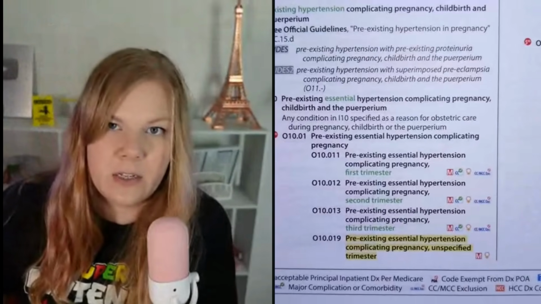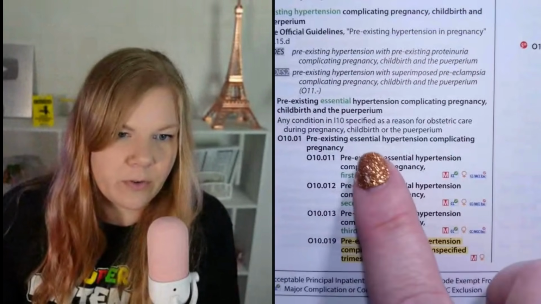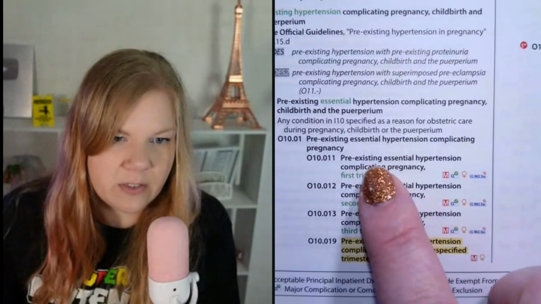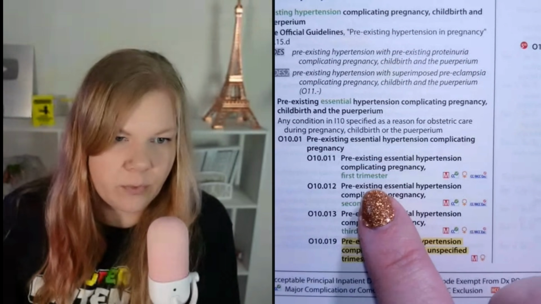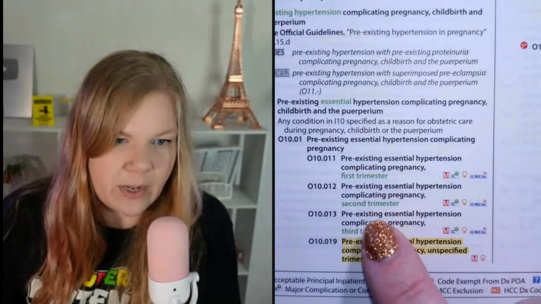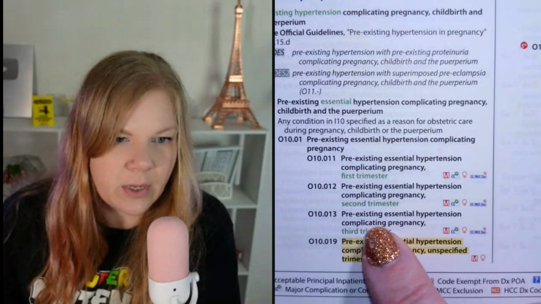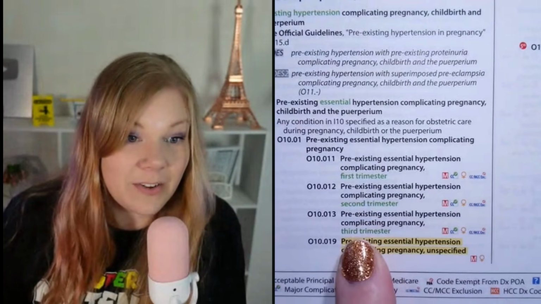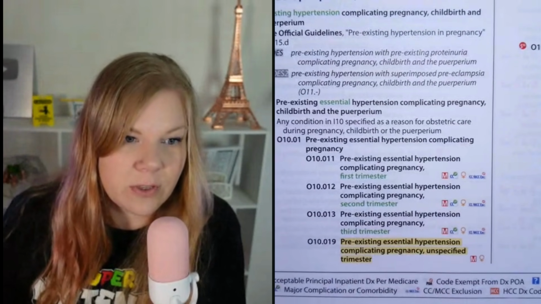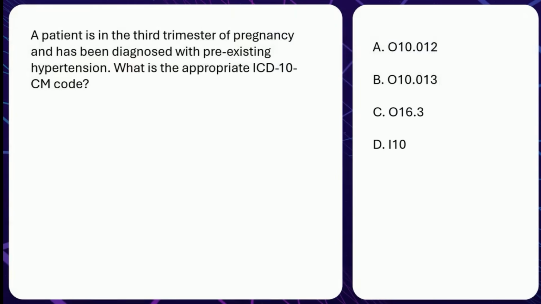And it said that it was the 3rd trimester of pregnancy. So pre-existing essential hypertension, complicating pregnancy. Do we have a 3rd? 3, pre-existing hypertension, complicating pregnancy. And there it is, 3rd trimester. So in this case, our correct answer is going to be our option B,